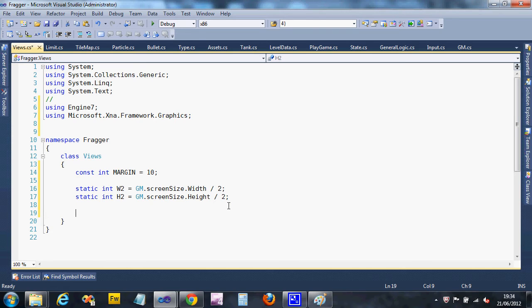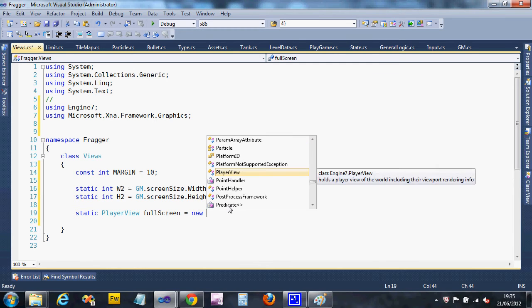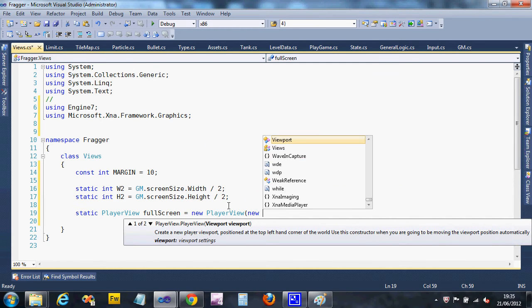Right. We need to define our different viewports. We're first off going to define one that's the entire size of the screen, our full screen viewport, because we're going to have to recreate these. By default, the engine creates one, but we're going to have to clear viewports and create a new one. So we're going to create a player view, and we're going to call it full screen. Let's camel case it, fullScreen, and then we're going to say that equals a new player view